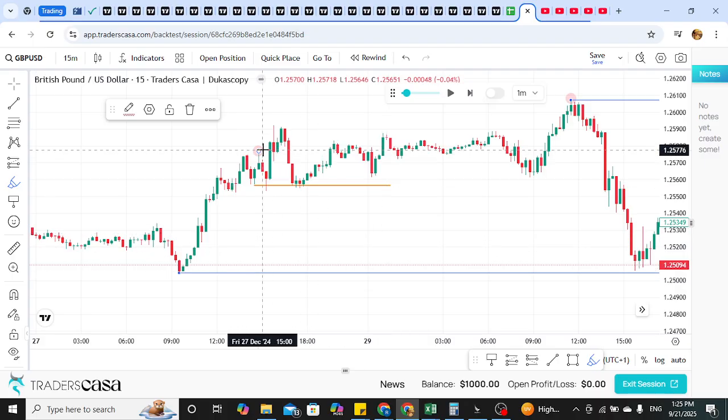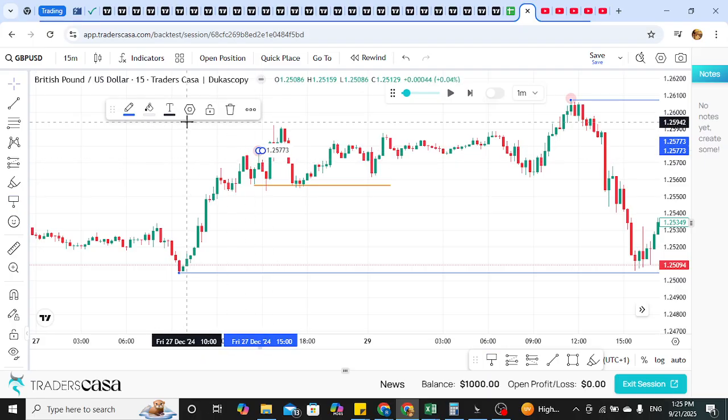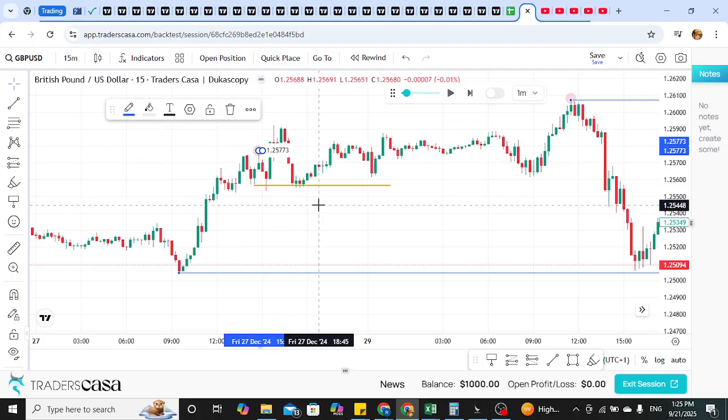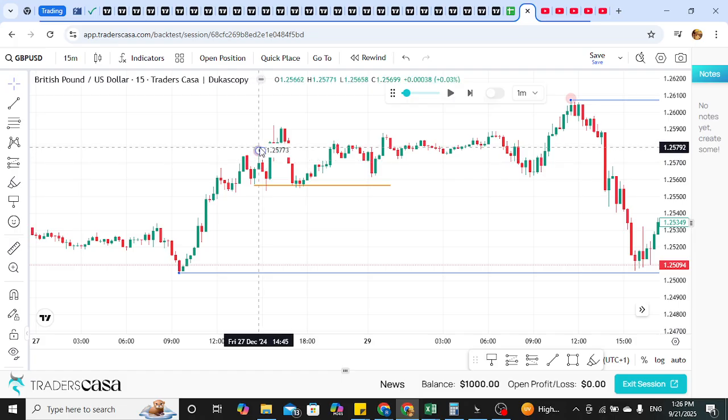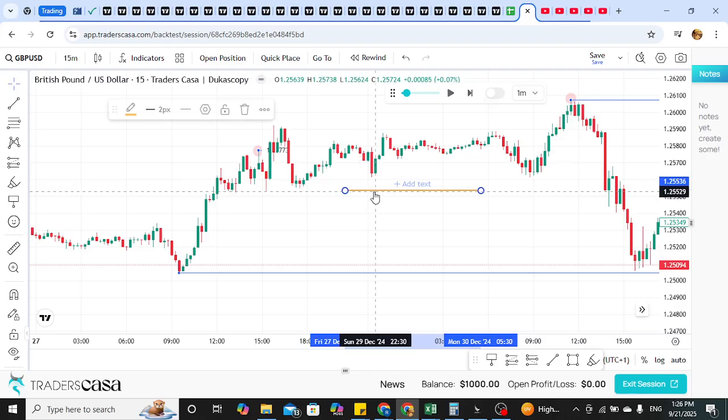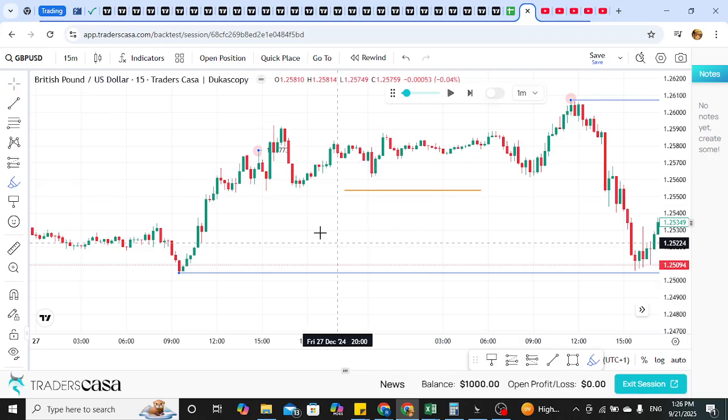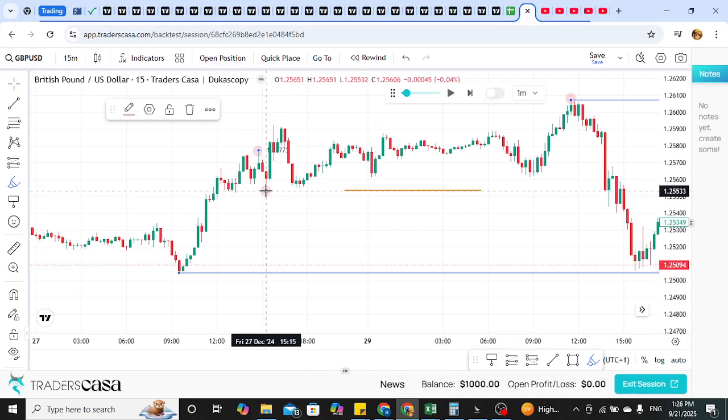So this is the low, this is the high, but this high has been broken. Since this is the high and it has been broken, that means this is a break of structure. Because it is a break of structure, this is the retracement, and the lowest retracement is this. Therefore, this is the new low of the range,